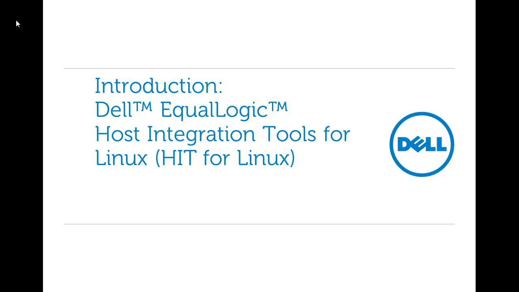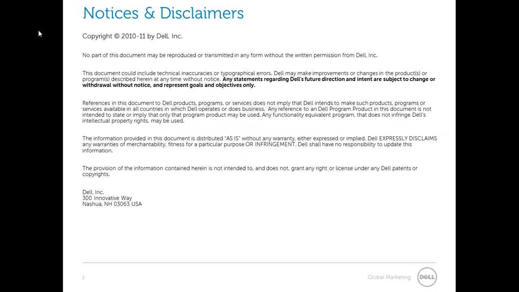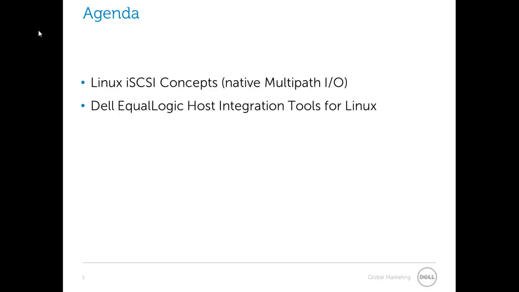Today I'll be talking about Dell EqualLogic's host integration tools for Linux. I'll also demonstrate some of the configuration and display commands. In order to talk about the advantages of the HIT for Linux, we first have to dive into Linux iSCSI